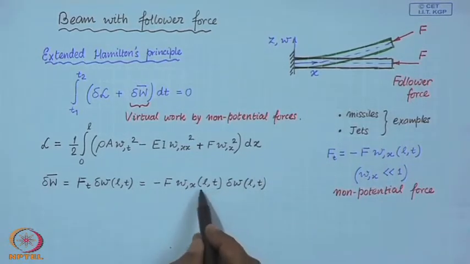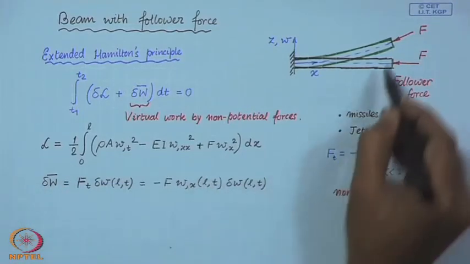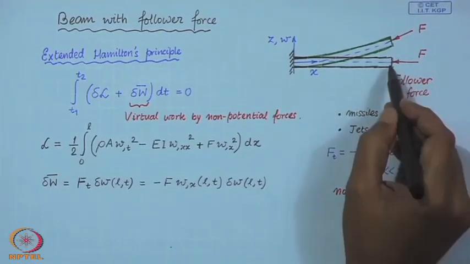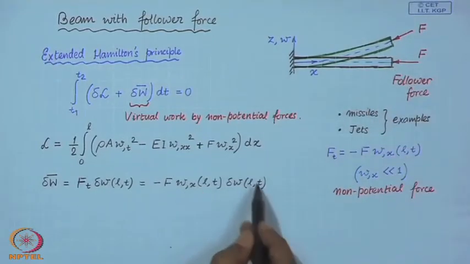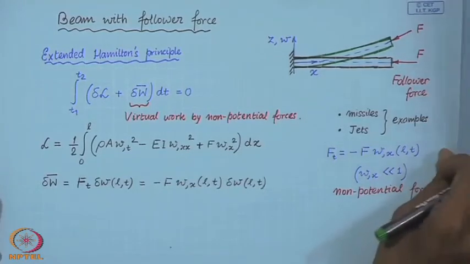You have to note that this virtual work is done at the point x equal to L. So, now we put these things back in our extended Hamilton's principle. So, if you do that, we have